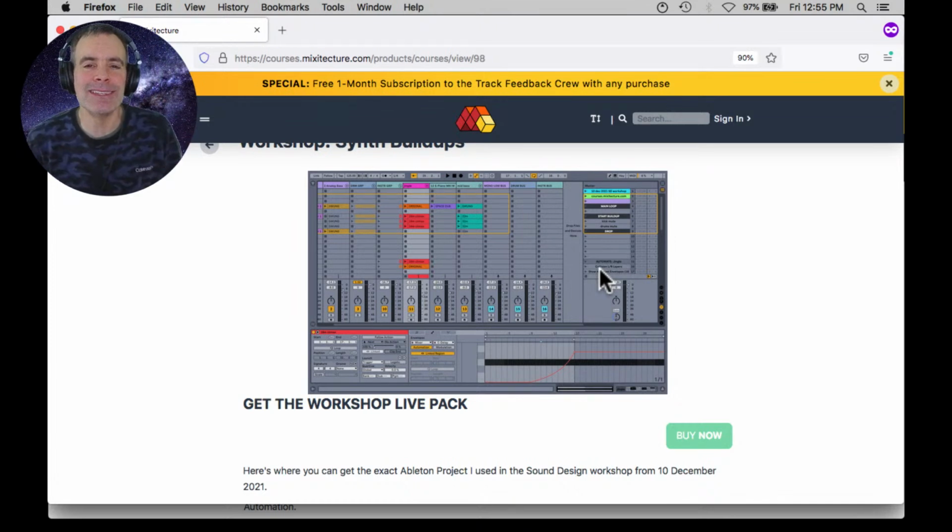And you can always use a white noise riser and a reverse crash cymbal kind of thing. But those are like the salt and pepper on top of the beat. The real heart of great transitions in electronic music is tweaking the synths, especially with filters and resonance and LFOs, to make them grow and take over the whole mix and bring people to another place, like out of their mind, like, whoa. Add some reverb and delay and you're good to go. So that's what I want you to do in your tracks and bring them to the track feedback crew,